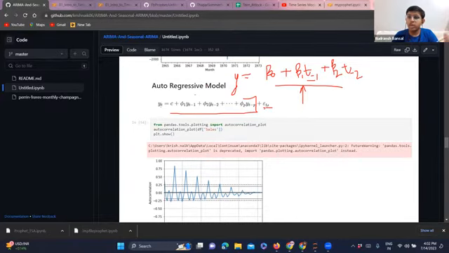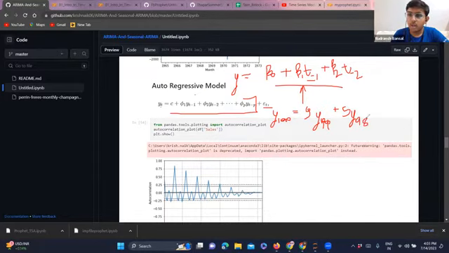We know why we are calling it regressive, and it is changing its value for every next iteration. Let's say I want to get the value for 100. Let's take an example: it is 9 times y99, I know my 9 doesn't look so good, plus 5 times y98, and some error.